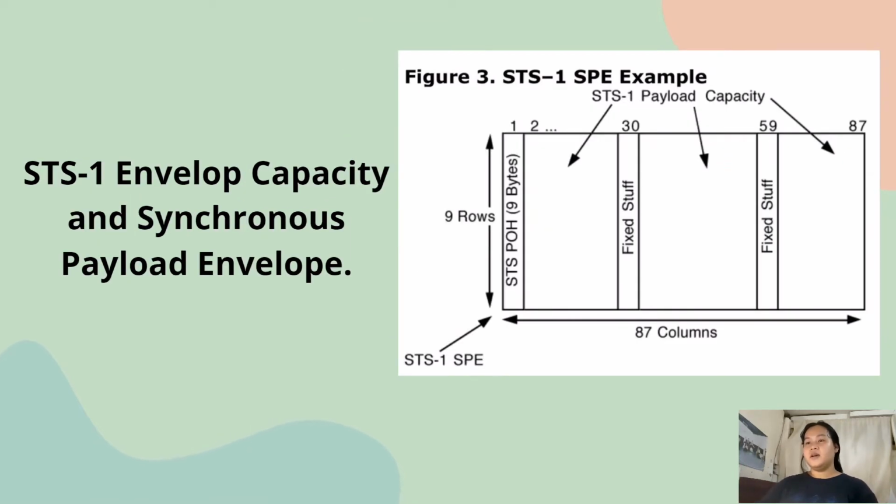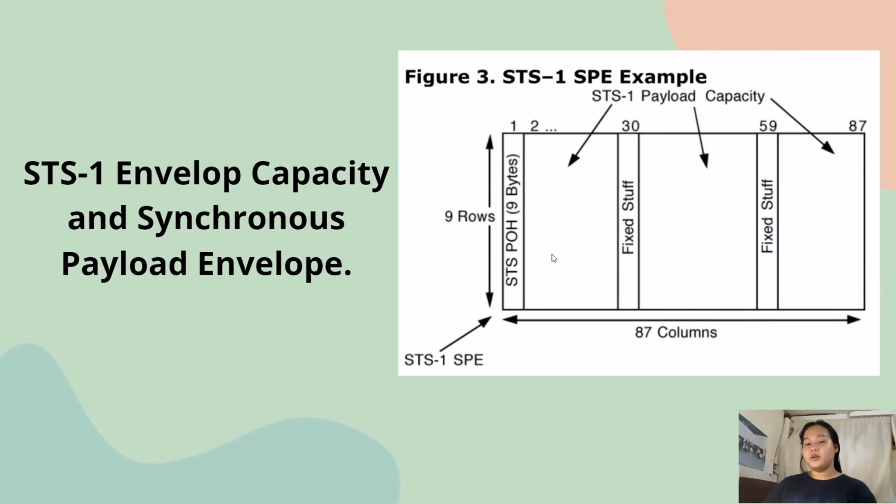So the envelope capacity in the synchronous payload envelope. In this figure, the SPE occupies the STS-1 envelope capacity. The STS-1 SPE consists of 783 bytes. So these 87 columns will be multiplied by 9 rows, so that's 783 bytes. And column 1 contains 9 bytes designated for the